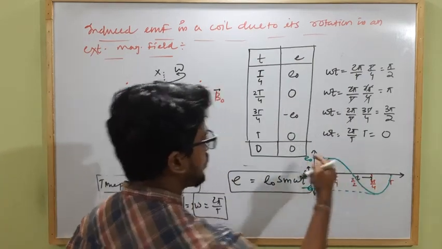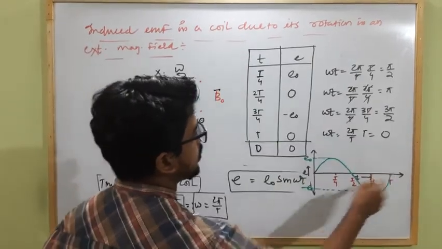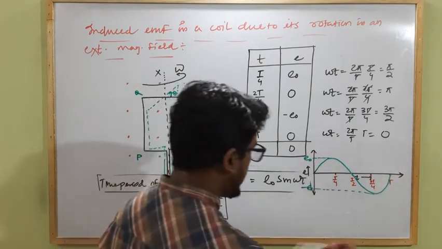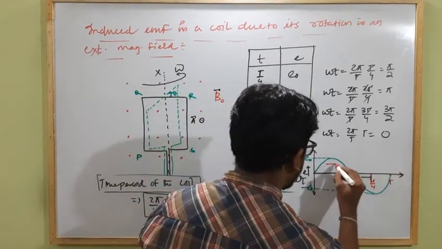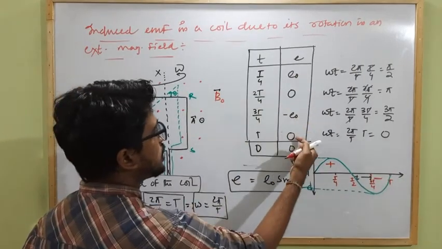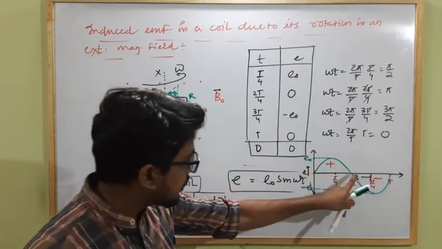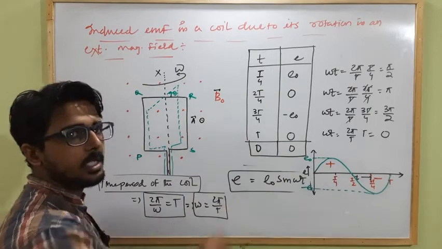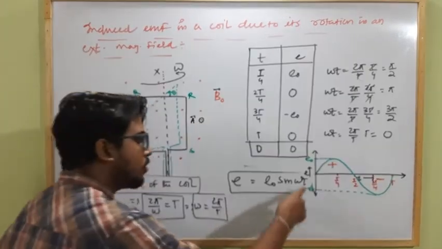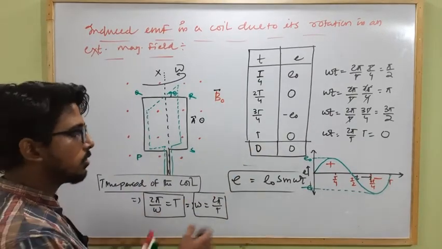So this is the expression for induced EMF E with respect to the instantaneous time t, which varies with respect to time, and both the direction and magnitude change. Here it is positive, then it is negative. So E₀, minus E₀, 0, again E₀, minus E₀. Clear? So that's why the induced EMF within the coil changes with respect to time alternately. That's why this is known as alternating induced EMF, and this is also the cause to produce alternating current in a circuit that we will study in the next class.